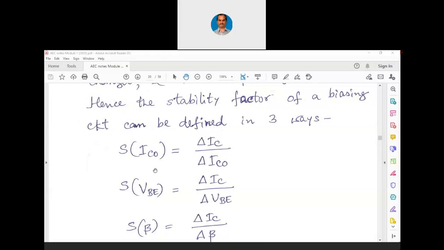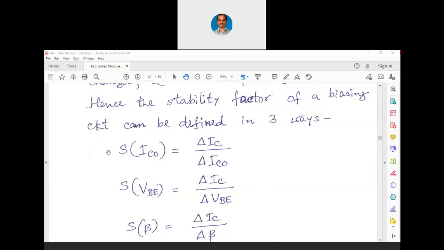Otherwise, these stability factors are expressed in terms of the transistor characteristics and in terms of the biasing elements also, in terms of the resistors which are used for biasing. But we are not going into those details. Those who are curious to know the equations, you can always go through the textbook, it is mentioned there. But we have not kept it in the curriculum because unnecessarily we should not keep on working out bigger equations which have no value as such in the industry now.